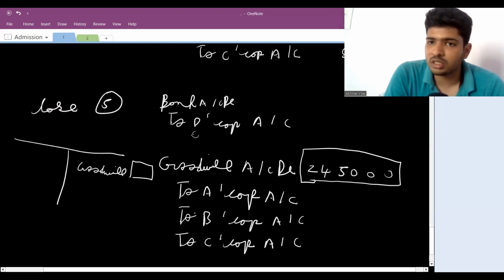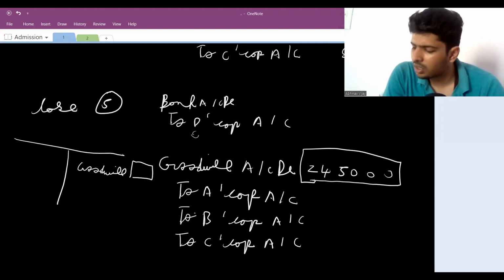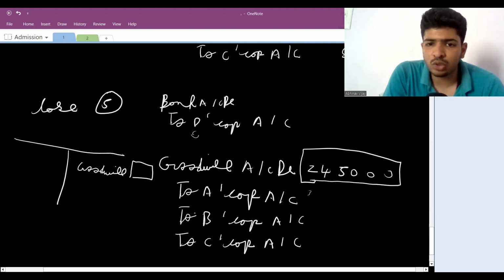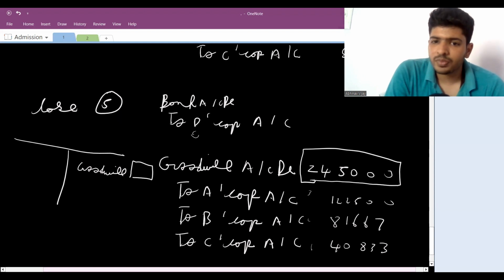This was discussed in the previous two lectures. Since A, B, and C have earned it, they would have earned it in their old ratio, as discussed before. So you have to create it in the old ratio. In which ratio was it earned? Same 3:2:1. So 1,22,500, 81,667, 40,833. So we are creating this amount as goodwill in the asset, and we are crediting this,